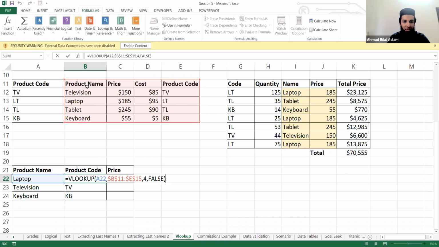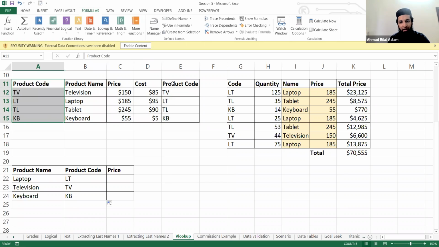And the first column in the table has to be where you are going to search for this value. आप laptop जाके search करोगे तो वहाँ पे इसकी first column में जाके देखेगा. ठीक है? So that's the workaround that you'll need to use in this particular case. आपको value वहाँ से copy करके इधर paste करनी पड़ेगी. And then you can use VLOOKUP like this. ठीक है? Similarly for price now,